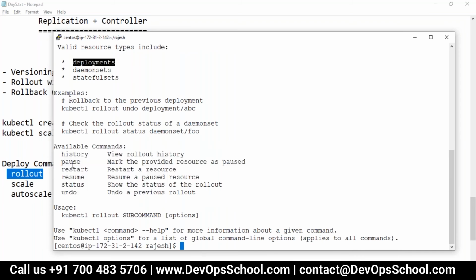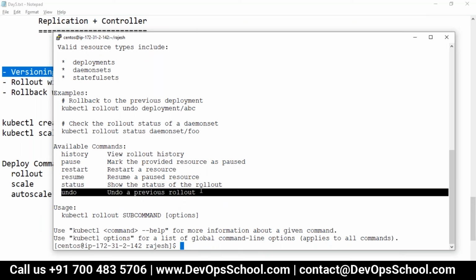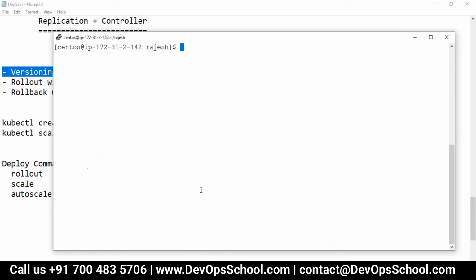You can check the history, this is called versioning. You can pause the deployment, restart the deployment, resume the deployment, check the status, and roll back also. This is a rollback. So how can we do that? First let's check out the history. History of what? History of rollout, history of deployment MyDep,